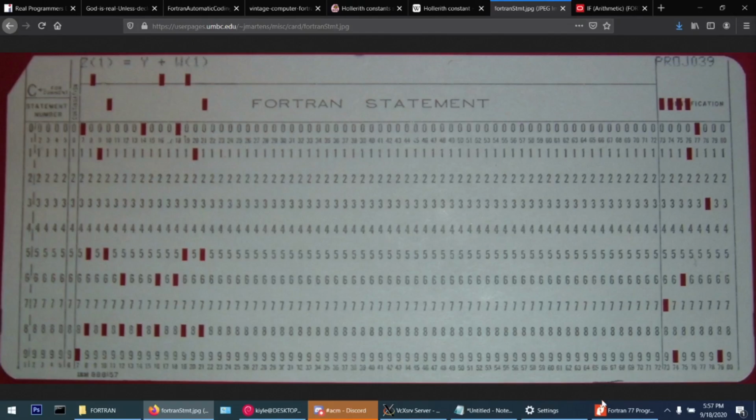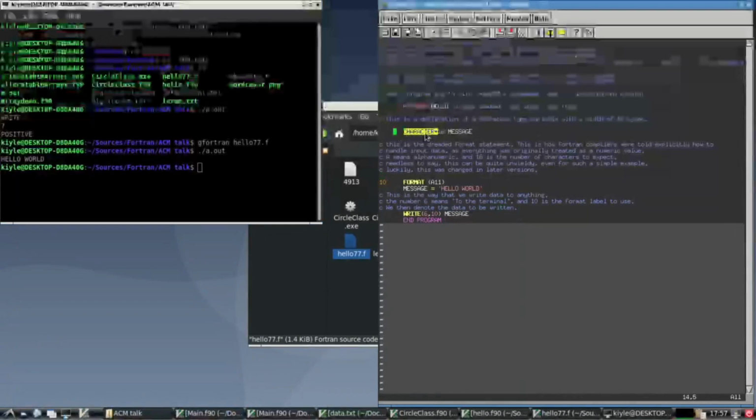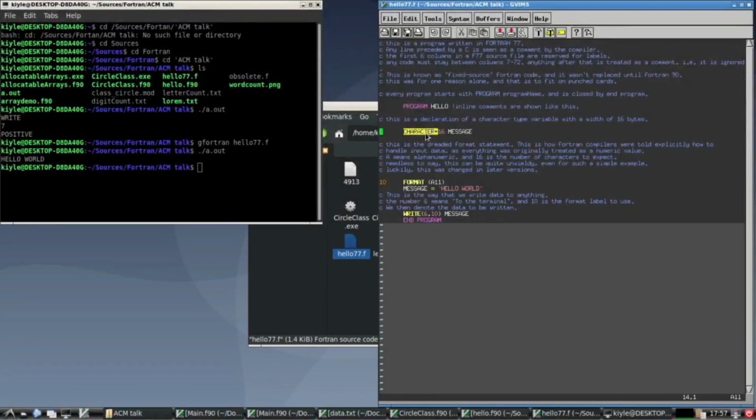Why? You notice that I have 7 spaces before each thing, and that's because the compiler interprets that as the beginning of a program. Otherwise, it's going to be construed as a line number or a continuation column entry. So this is what's called fixed form source code, and it is ugly to say the least, and especially considering that